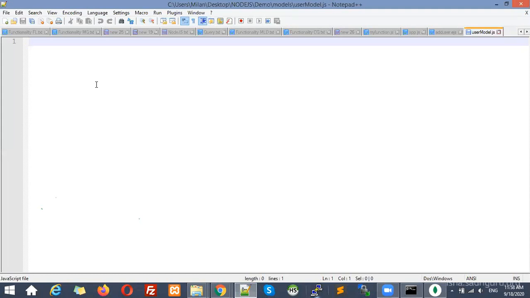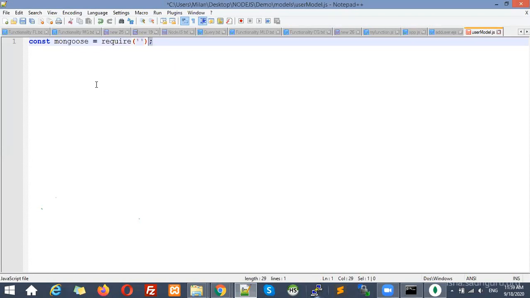Now we need to define the structure of the database. So for that we need mongoose. As I already explained, each file has separate variables. So if you have defined any of the packages inside another file, you cannot use it over here, unless you export it. So I again need to create a variable. I just need one variable, so I create const mongoose, because through mongoose we can create the schema.